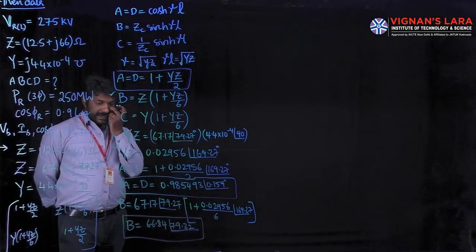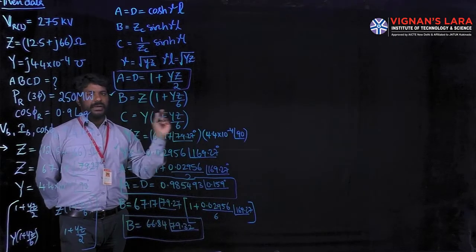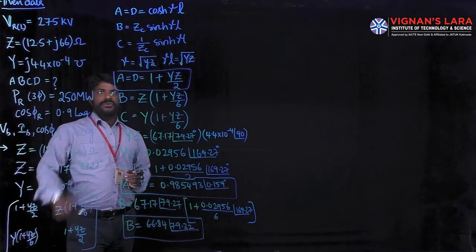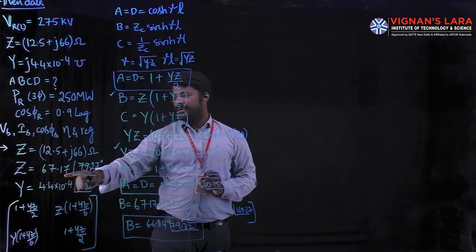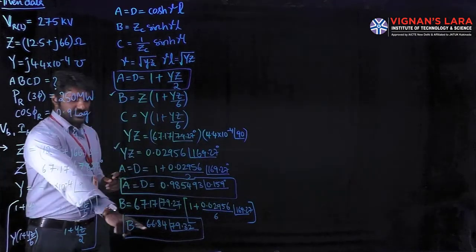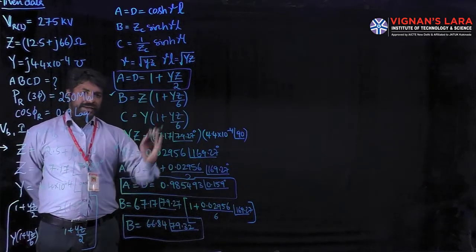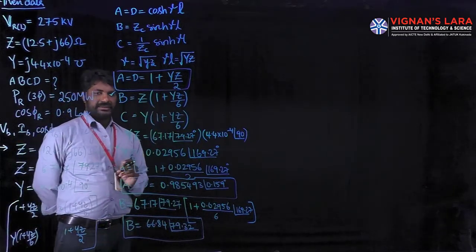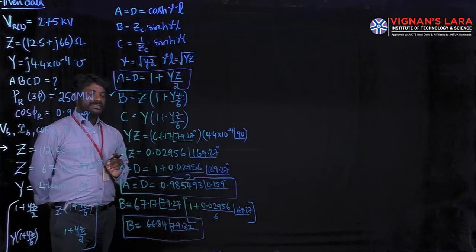And from the last class discussion, the constant B value should always be approximately equal to the impedance value. If you check the impedance capital Z, it is 67 ohms approximately, and the B constant we get here is also 66, near that Z value. So what we are calculating, we are going in the right path. Okay, one more constant is left over, called the C constant.